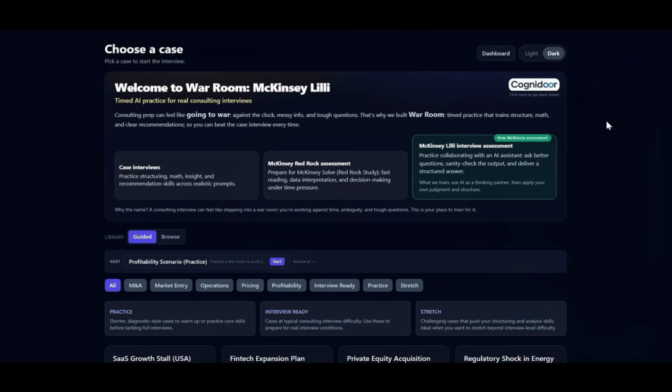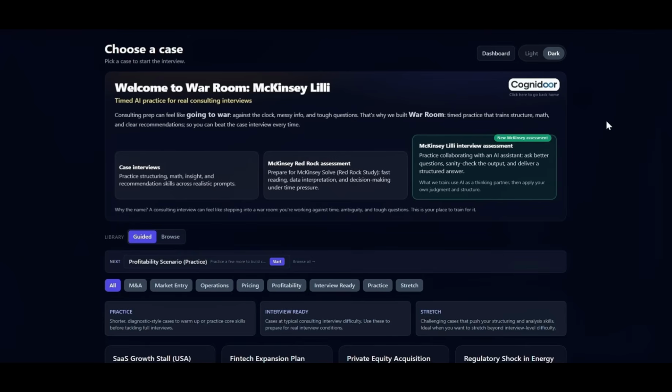Can AI actually help you solve a McKinsey-style case? Let's test that properly. I'm going to use Cognidoor's McKinsey AI coach to work through a profitability case. I will treat it like a real case interview. I'll clarify the objective, build a structure, ask for data, read the exhibits, do the math, and land a recommendation. The goal is to see whether the coach can help me stay structured and learn how to case well